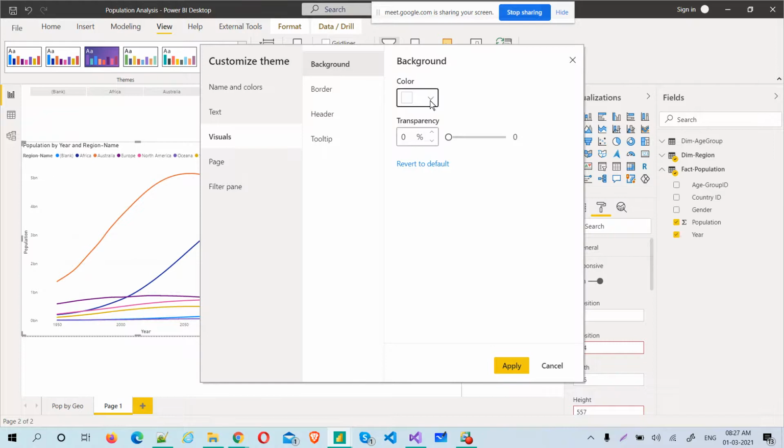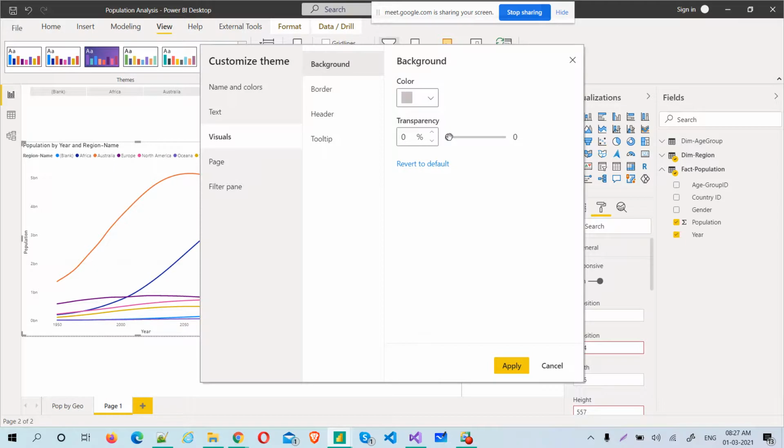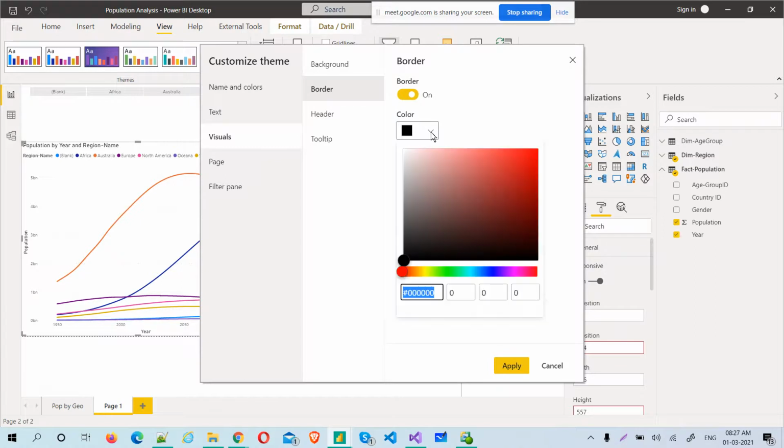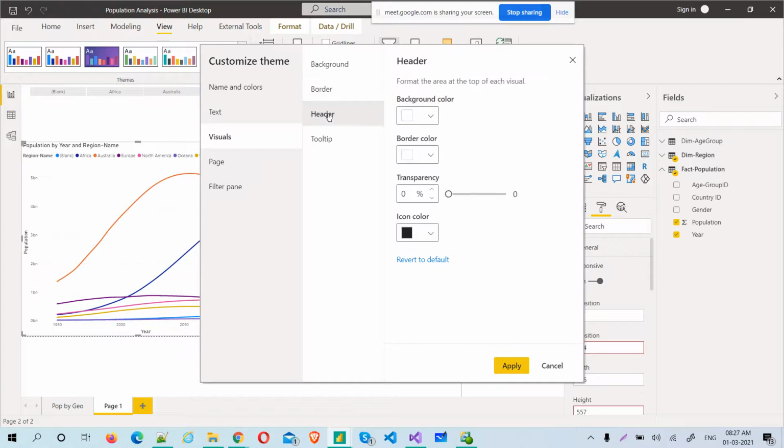Background color, I want something ash color. Now this transparency, make it something like 25%, but now I'll make it only 15%. I'll tell you why. Borders, yes, turn it on, to make sure we have all options that we are able to work. I'm giving some odd colors because you should understand where it is coming from. Radius will basically just round the corners. That is called radius here.